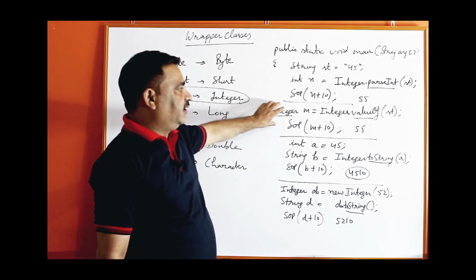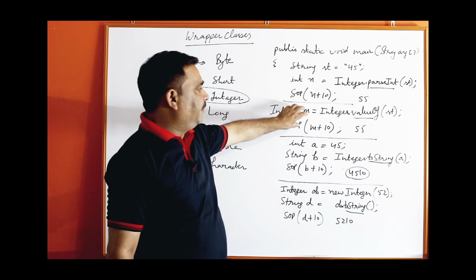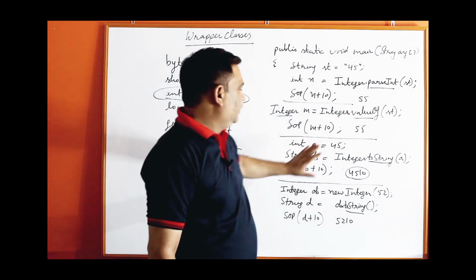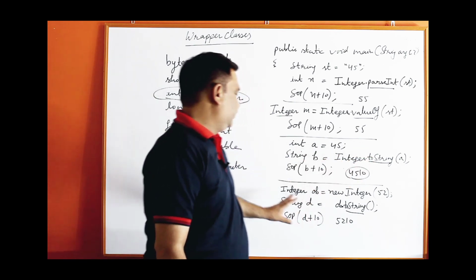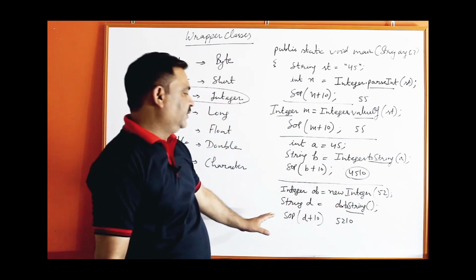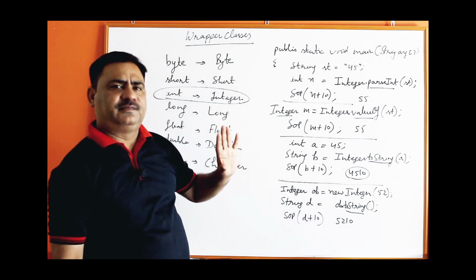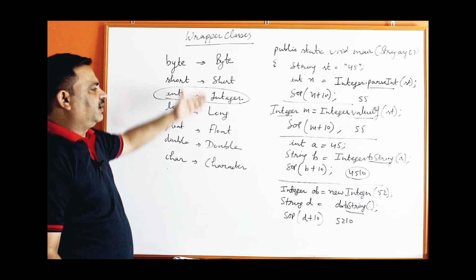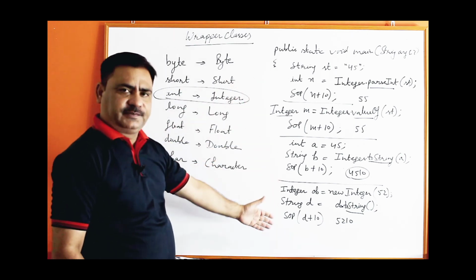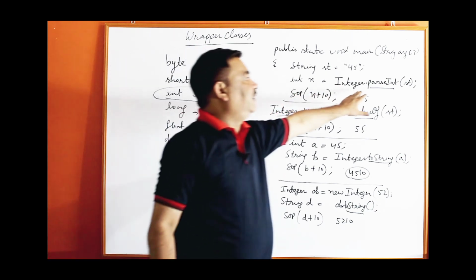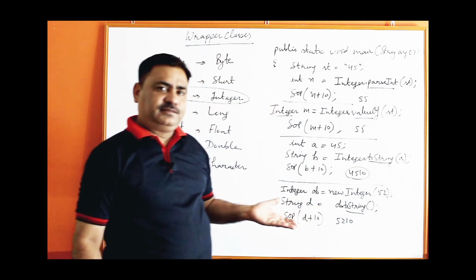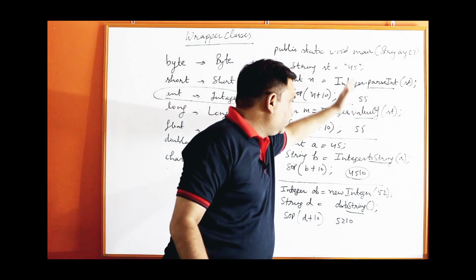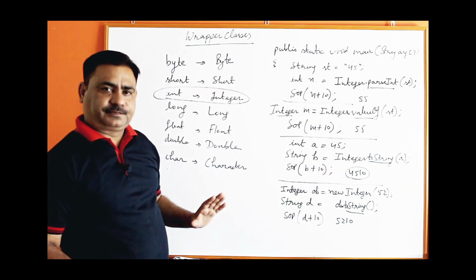Same way here you have to create the object, Float m equal to Float.valueOf, the function name is the same. Same way Float.toString, you have to create a Float class object, and the rest of the things are the same with all the wrapper classes, maybe float, double, long, any wrapper class you can use with these functions. For the Double wrapper class, the parseInt function will change to parseDouble. For the Short wrapper class, it will change to parseShort. Only this function name will change, otherwise the rest of the functions are the same.